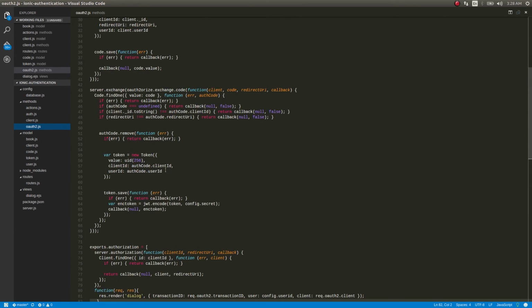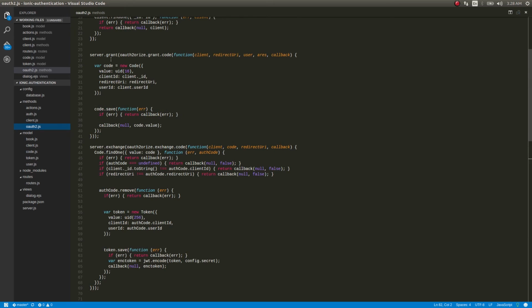Server.decision basically will invoke the server.grant. Grant is the one which creates the code. If you see, it is the one which creates the code, saves the code, and then returns the code value to the user. So the user will take that code, and he will once again use his client ID, I mean the app ID and the secret, and he will send in the code in his next request to this